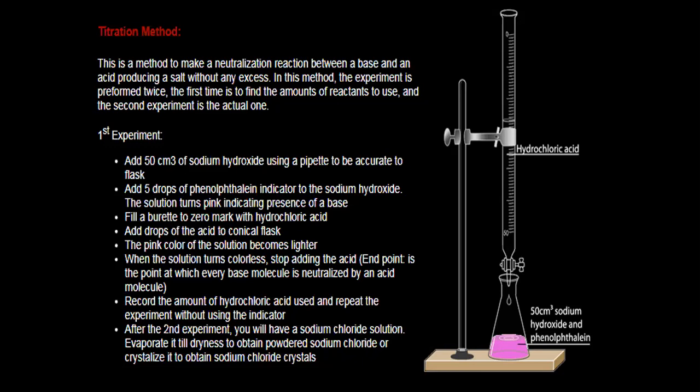You could add the same amount of sodium hydroxide to the same amount of hydrochloric acid. But we do not know the concentration of each substance. Can you use litmus paper? Yes, you are a little bit closer. In that case, we can use a pH meter, the electronic pH meter, because we know that this is a neutralization reaction. The end point always gives the result of 7 pH.